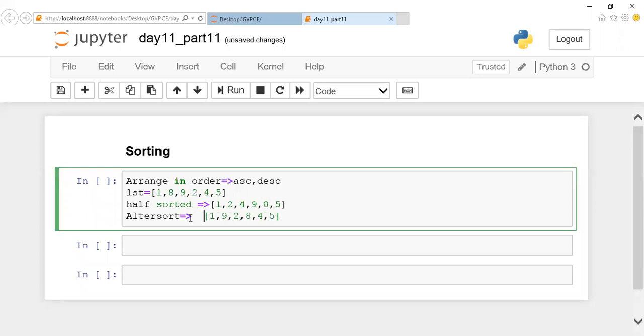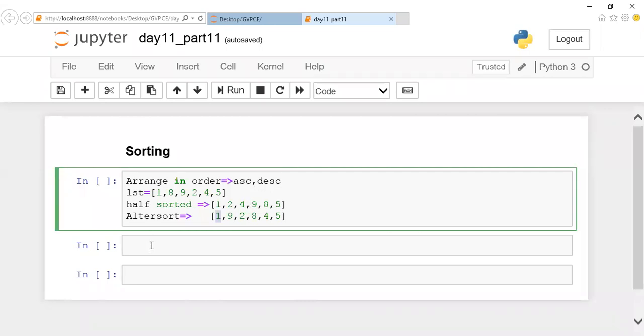You can notice that the overall minimum element is brought to the first position, then the maximum element, the next minimum element, the next maximum element. So you're going to arrange in this order. Even this is also called sorting. Clear with it? So whatever the condition, high, low, yes Shamir, minimum value, maximum value, the same way you're going to arrange the data in a particular order. All those things come under sorting.